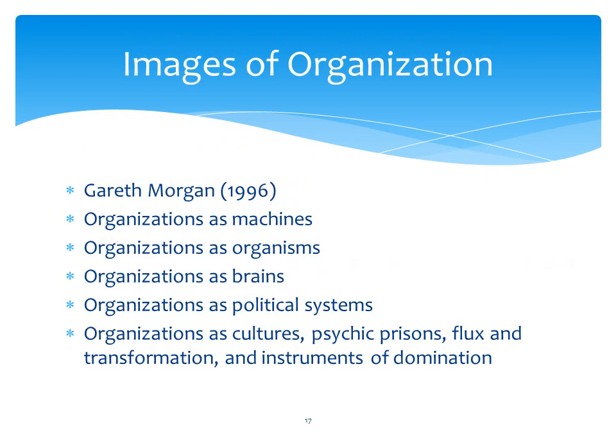What else? This is quite nice. Morgan, which is in the Mullins textbook, said you can think of companies in terms of images. If you get a mental image of a company, it can help you understand how they might work. Some companies can be viewed as machines, some as organisms, some as brains, some as political systems, and I've got an explanation on the next slide of these. Or organisations as cultures, psychic prisons, flux and transformation, or instruments of domination.